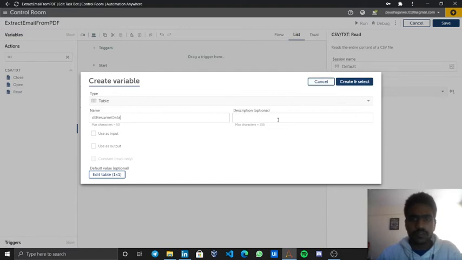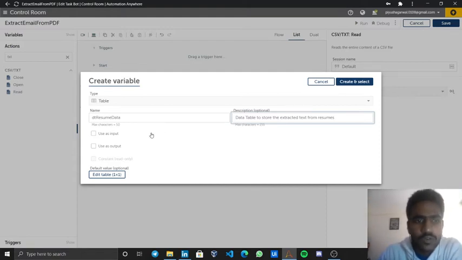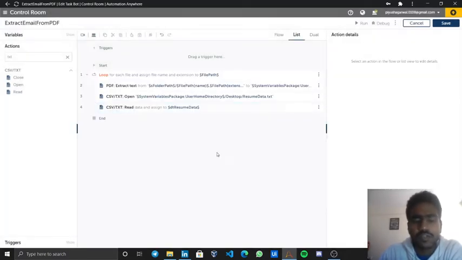So a data table to store the extracted text from resumes. Over here no need to check input or output, these come into action when you are working with run taskbot commands or calling child bots from the parent bot.